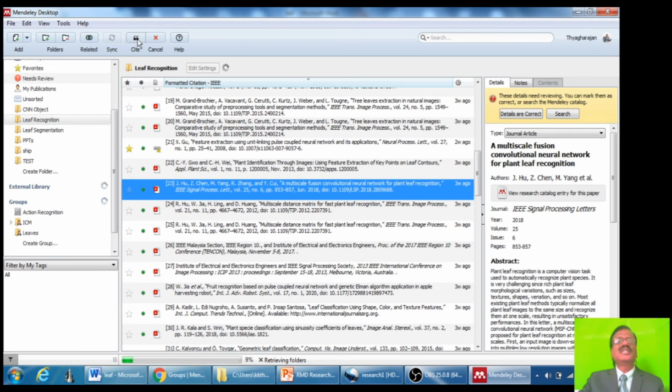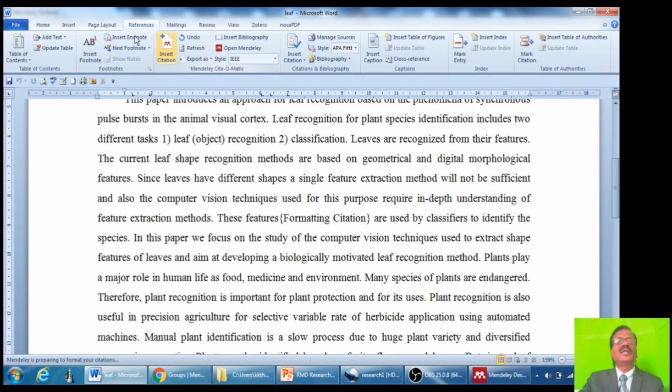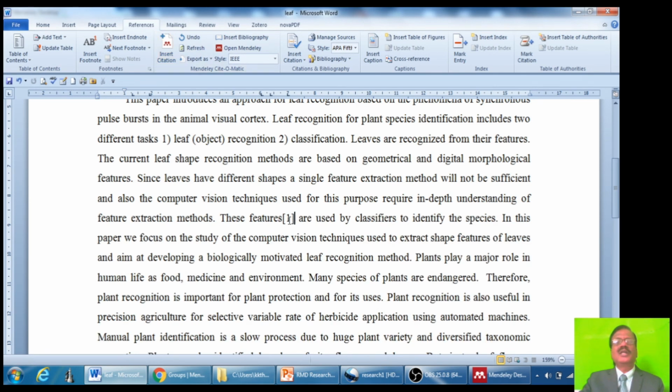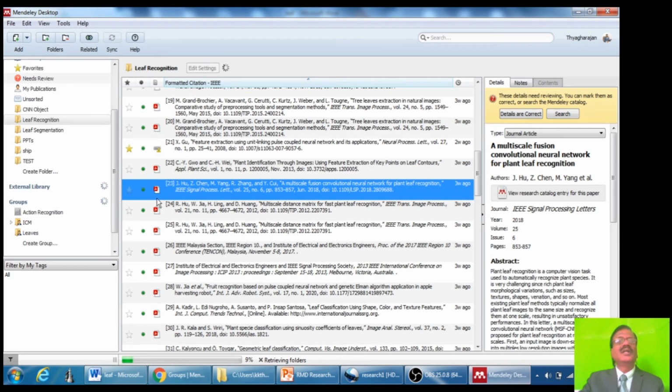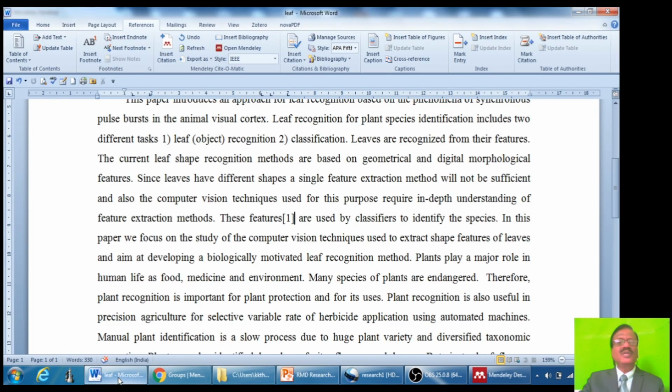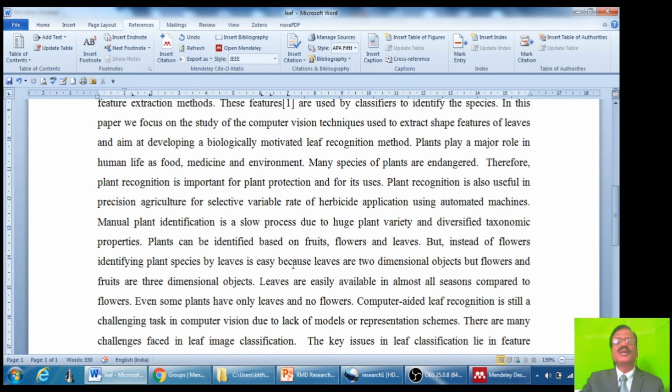You will be seeing a button named Cite with double quote symbol. You click on that button, so automatically that paper will be inserted here as citation. So this is the first citation. Which paper? That is paper number 23. Right. Now I want to insert another paper somewhere here.